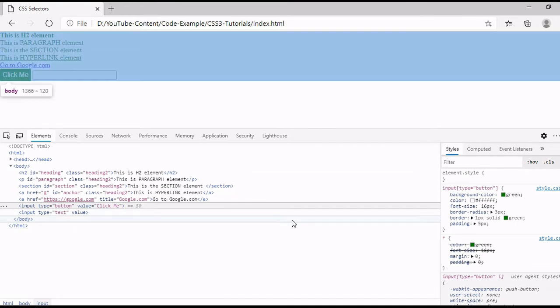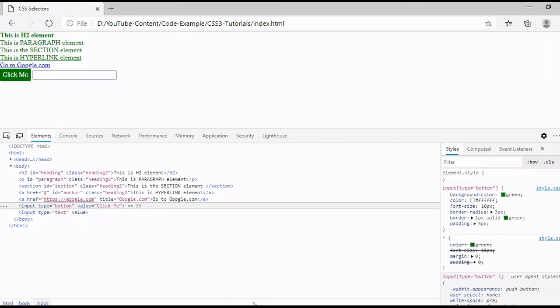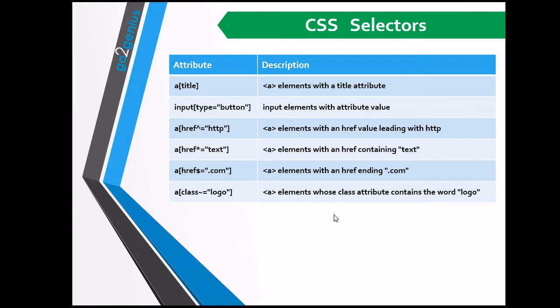Okay friends, so let's see some more advanced attribute selectors. Here you can see some more different attribute selectors we have, like element name and the attribute and its value, but we have used a special character, the caret.